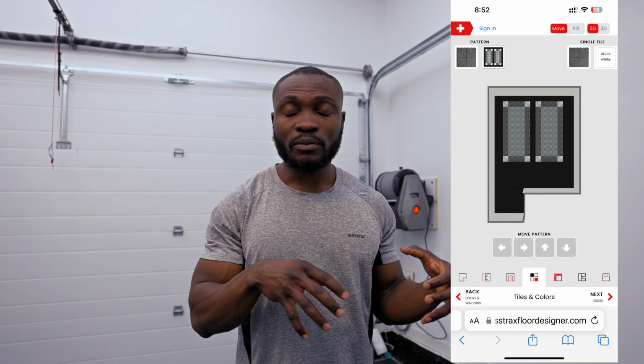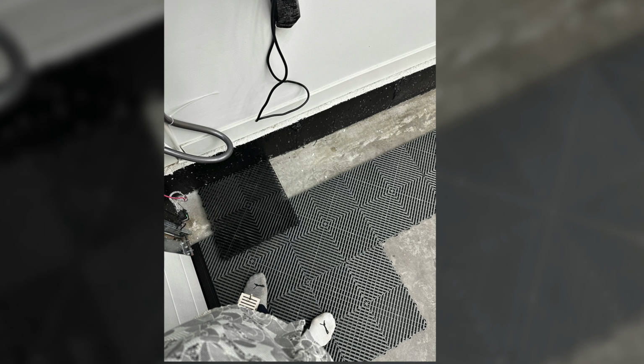Alrighty, just hit another snag again. I've decided that I want to go back to the original plan. At the beginning of this video I said I was going to go with black as the primary color, teal for the borders, and then silver in the middle. But along the line, I kind of went off track. I decided I didn't want black because black was very, very visible when it comes to stain. So I decided to change it out and get something that shows stain less. But after trying it out,